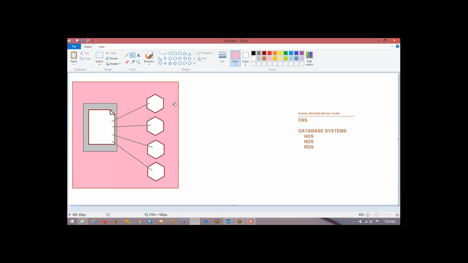The information available in one file cannot be shared with so many, right? So wherever you require, you have to maintain that information, because it is not shareable. One file cannot be accessed by the multiple users or multiple processes at the same time. For example, employee details. Let us assume that this file is employee details file. So employee details are required by the human resource people, and also employee details are required by the